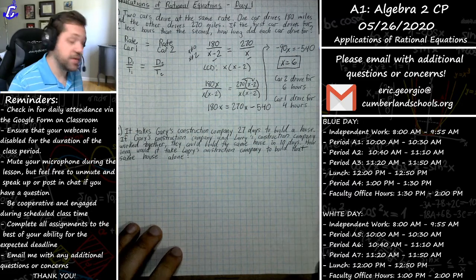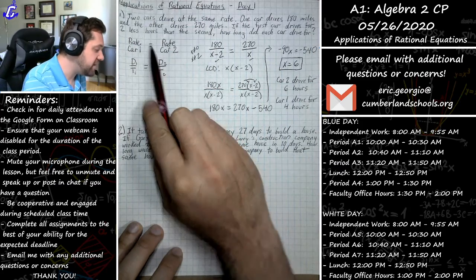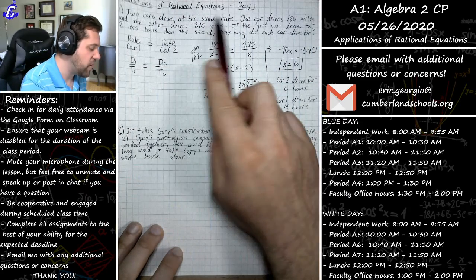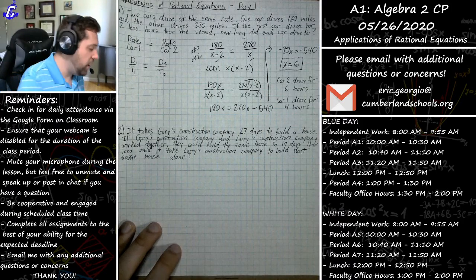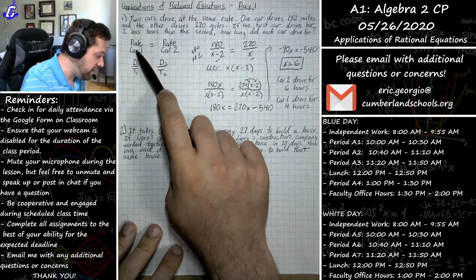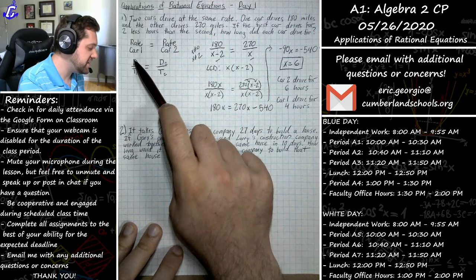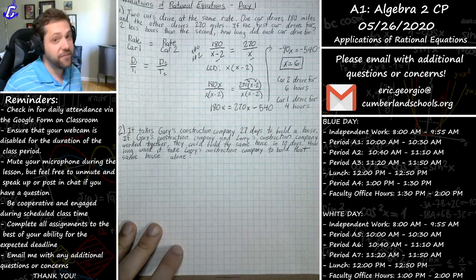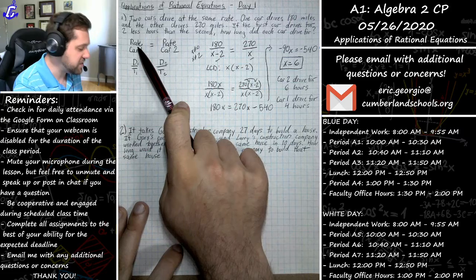Okay. One thing specifically that I want to point out is the fact that this equation got started by saying that 2 cars drive at the same rate. If it said 2 cars drive for the same amount of time, well, then we're going to say the time of the first car should equal the time of the second car, meaning that we're looking for distance divided by rate. If it said that the distances are the same, well, then we'd say distance of first car equals distance